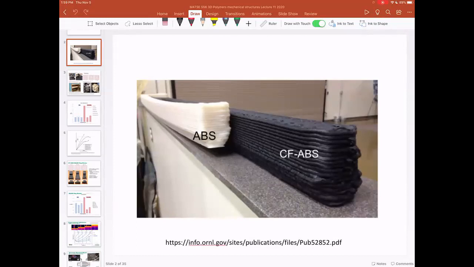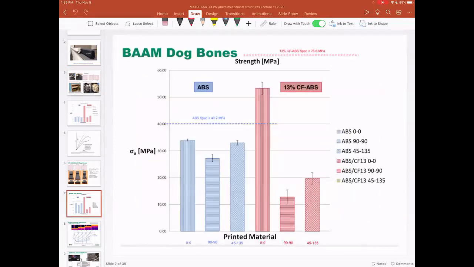You've seen these Oak Ridge bars. We've talked about this twice already. And we know that there's an issue with getting good properties out of this big area additive manufacturing process with this composite. And the key to getting good properties is